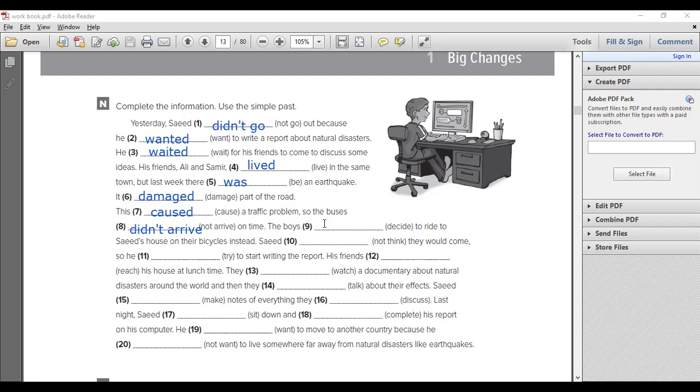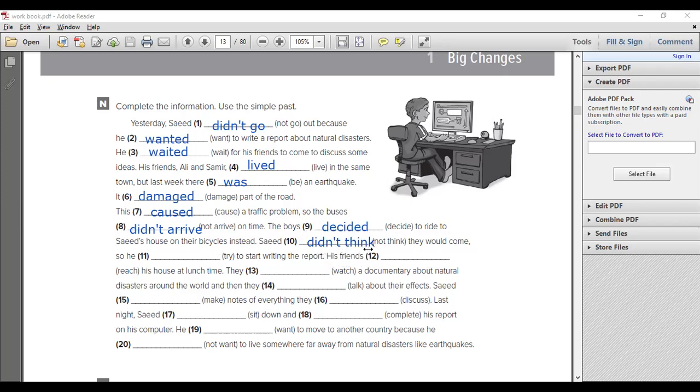Yes, Sir Juri? Decided. Yes, decided. On their bicycles instead. Saeed not think they would come. So what do you think, Rimaz? Didn't think. Yes, he didn't think